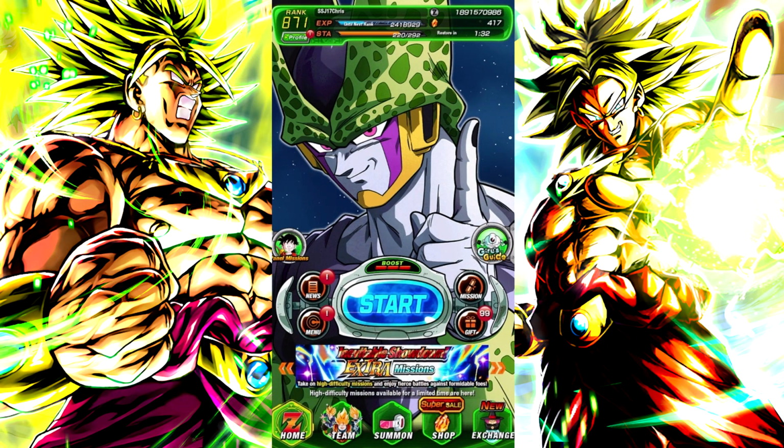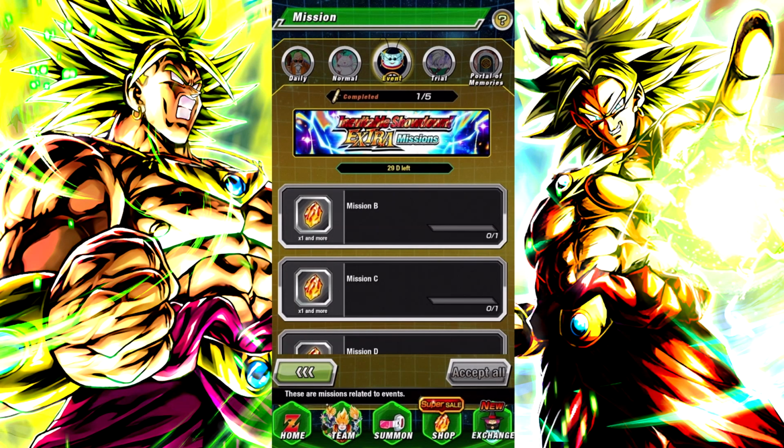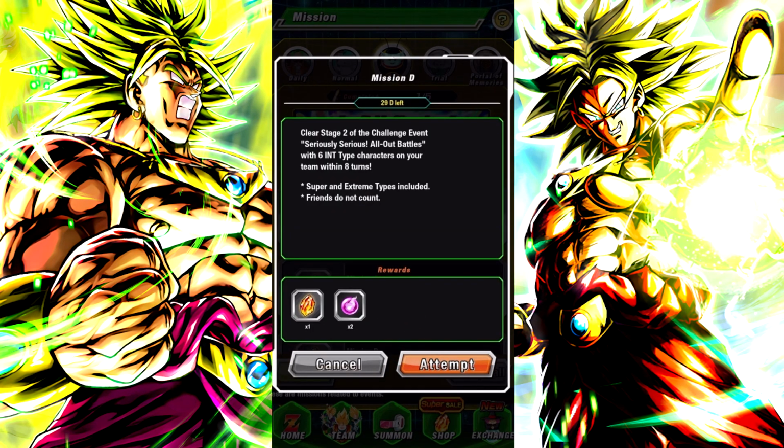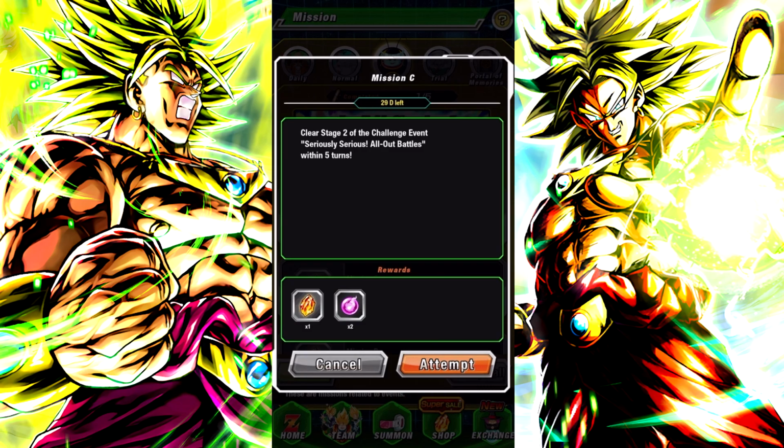Alright guys, we're back with some more seriously serious all-out battles where, as you can tell by the title, we're hopefully going to be completing the EX mission for using 6 int-type characters within 8 turns, which I have a relatively good feeling about. The team is pretty stacked, and hopefully along the way, we can complete the 5-turn mission as well. If not, it won't be a problem because we can always hop back in another time in another